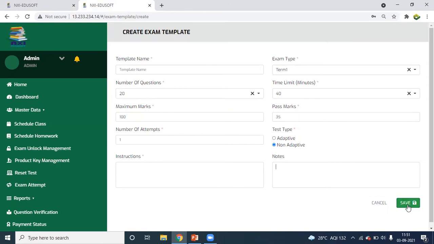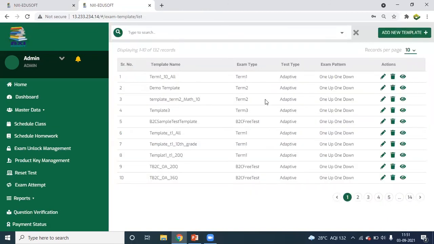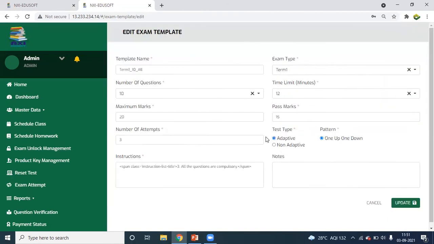Once I save it, this exam template would be saved. I have not named it here, that is why I'm not saving this. Once it's saved, the exam template can be saved. Then you can go and edit any template. So you can see this is the template, then once you create the exam, you just put the instructions within here. All the questions which are there would be directly adapted to it.